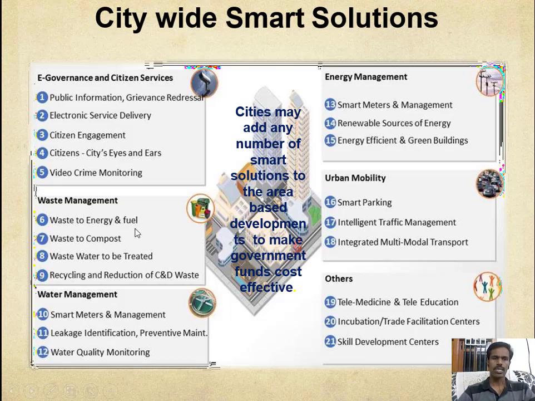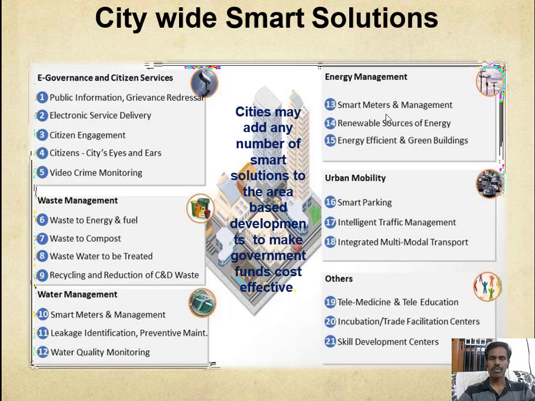Waste management: I have already told that we should not keep the waste as it is. We have to convert it into energy, or convert it to some other form, and properly handle the waste management. Similarly, water management is another big issue. Sufficient water is available in all the places, but people are misusing the water. That's why we are seeing water scarcity everywhere. So the way we use water is very important, and for that also we have to provide some smart solution. We have to provide smart meters and smart management, leakage identification and prevention, maintenance, and water quality. All those things we have to take care of. Energy management, once again,